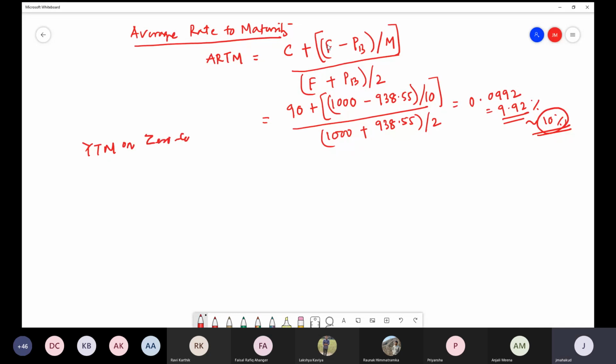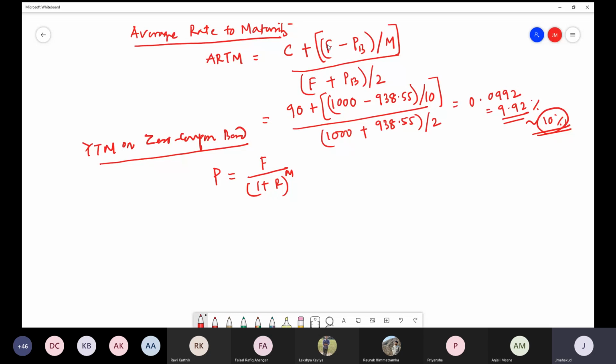All of you know that a zero coupon bond does not pay any interest in between. There is no periodic cash flow involved in that. How can we calculate? Anybody can? Very fast. What is the price formula for the zero coupon bond? P is equal to F by 1 plus R whole power M. F by 1 plus R to the power M. Yes or no? Am I right? Yes, sir.